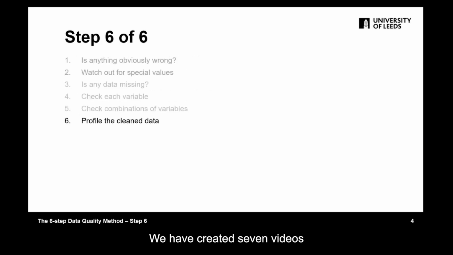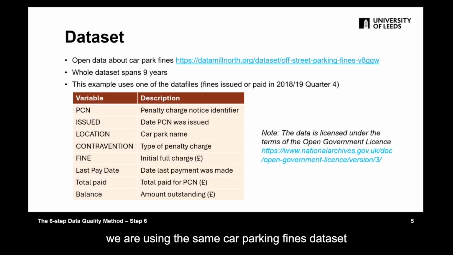We have created 7 videos, an overview as well as a different video for each step. This video shows you how to do step 6 in a worked example. We are using the same car parking fines dataset as in steps 1, 4 and 5. The whole dataset spans 9 years, but in the example we're using the data from 1 quarter, which is January to March 2019. The data contains 8 variables: